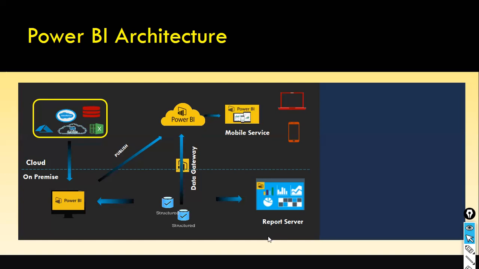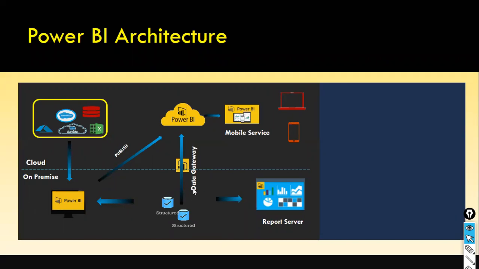The next one is the report server. For example, you cannot publish all reports on Power BI Cloud because of security reasons. Your data is highly sensitive. In that kind of situation, don't publish it on cloud. Instead, you can buy a report server license. This requires additional licensing cost. Even the Power BI cloud service involves licensing cost. But here, instead of deploying highly sensitive data on cloud, you can publish certain reports in your local office, where you have the report server software installed.